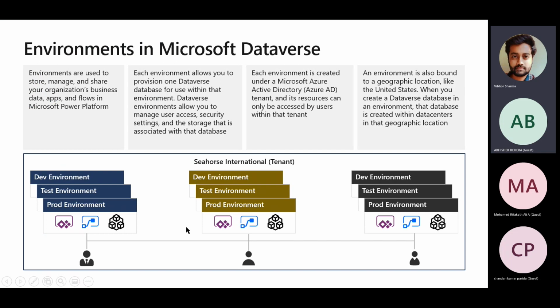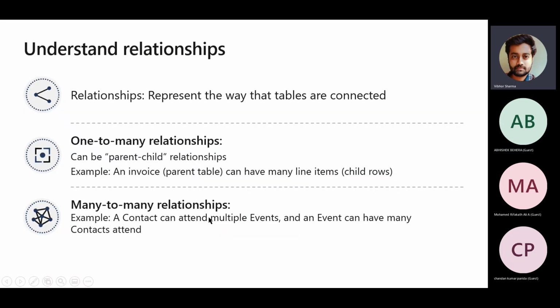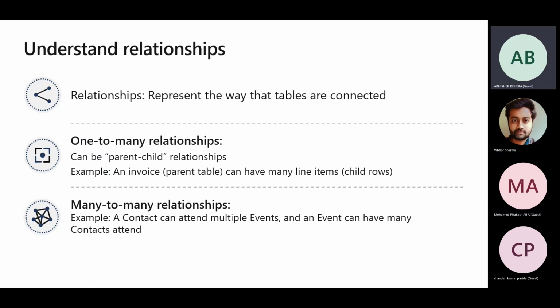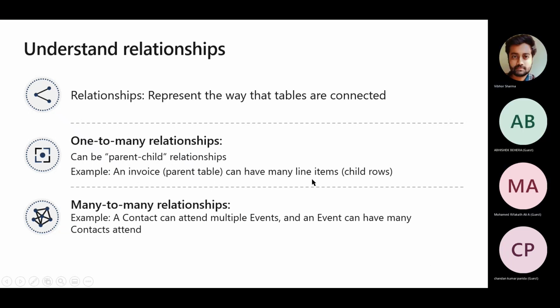So learn more about relationships, try to find out how they are related. I know you are using them in SQL Server, but in Dataverse too, you will use them. You will also have parent-child relationships between them. An invoice parent table can have many line items, which will be considered as child rows. A contact can attend multiple events. An event can have many contacts. Many line items means many children, which means one parent table has multiple. A parent invoice number 35 can have